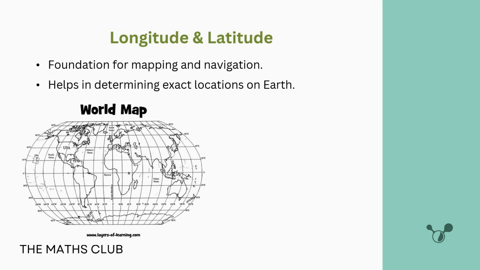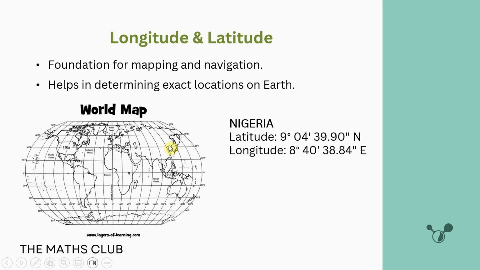This is the world map. You can see the world map is just made up of imaginary lines of longitude and latitude. You can see Africa here, you can see the USA here, and so on and so forth. Let's see, where is Nigeria? Nigeria is located at latitude 9 degrees 04 minutes 39.9 seconds north. As I read it, this is degrees, this is minutes, this is seconds. And it's located on longitude 8 degrees 40 minutes 38.84 seconds east. If you have the map and you point these two positions, it'll take you straight to